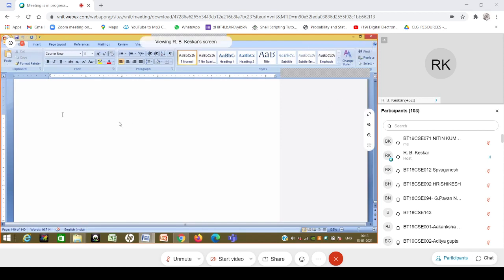So for the first one, many of you know it, and if you don't know, we will know it now. The first one is what is called enumerations, or in short, enums. So what are these enumerations or enums used for?